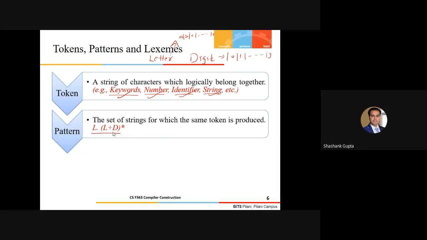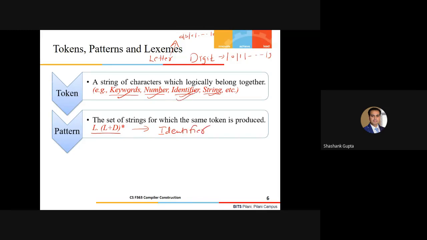Usually, most specifications write the rules for an identifier like this: by default it has to start with any letter, and after that it can be any combination of letters or digits in any number. Generally, we follow this principle, ignoring the maximum limit on the number of characters. So if I have this pattern, I'm always going to generate one valid class of token, that is an identifier.